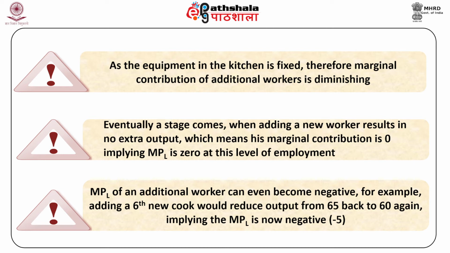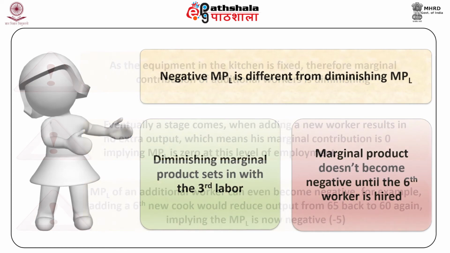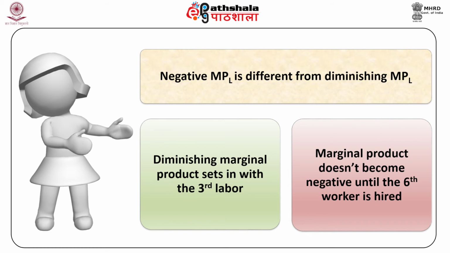In fact, MPL of an additional worker can even become negative. For example, adding a sixth new cook would reduce output from 65 back to 60 again. So, the MPL is now negative, minus 5, clearly a case of too many cooks. Note carefully that negative MPL is different from diminishing MPL. In the above example, diminishing marginal product sets in with the third labor, but marginal product does not become negative until the sixth worker is hired. This principle helps us to understand the shapes of the TP and MPL curves, which are further discussed in the